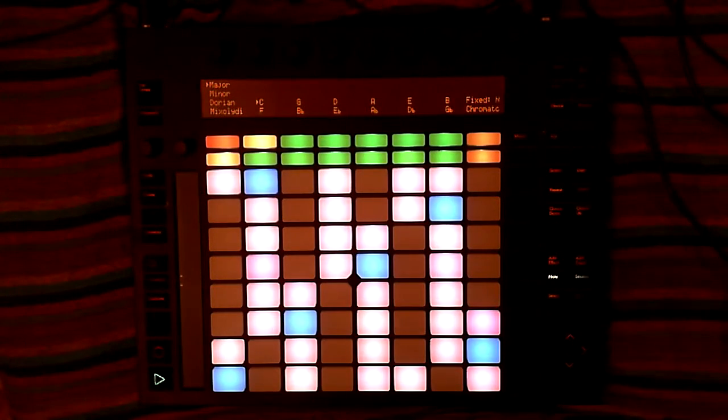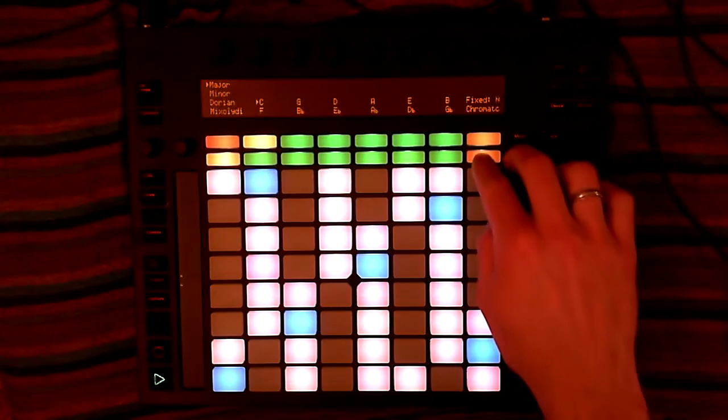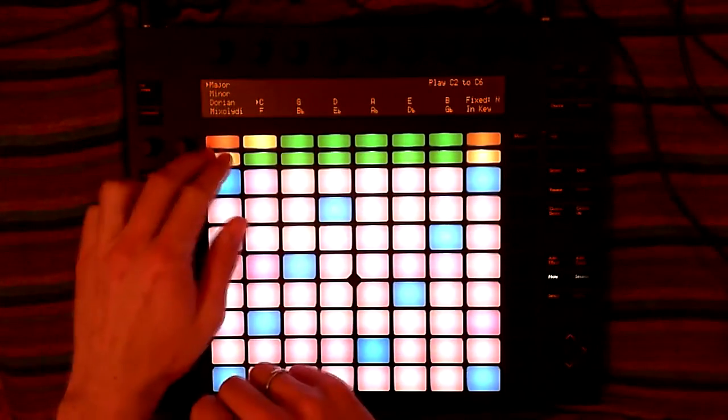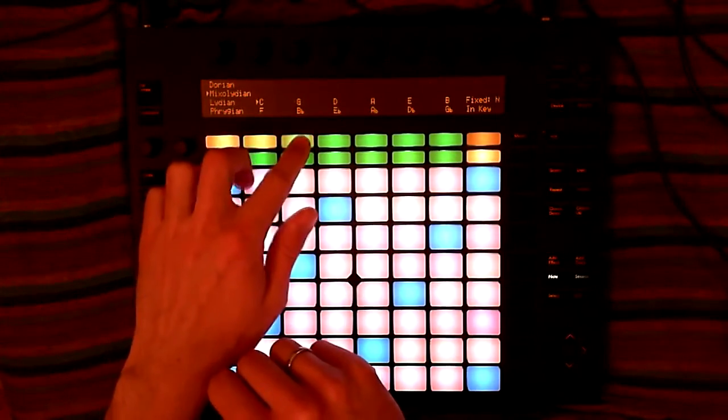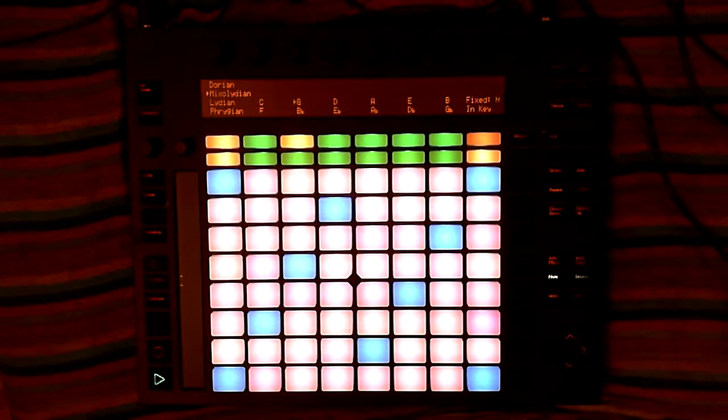And you can see that the quality of the seventh chord also depends on the scale and the note that you play it from. Now I'll switch to in-scale mode and select Mixolydian scale in key of G. So here are the voicings of the dominant seventh chord.